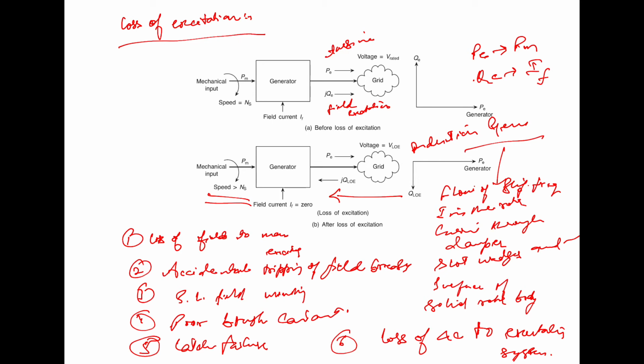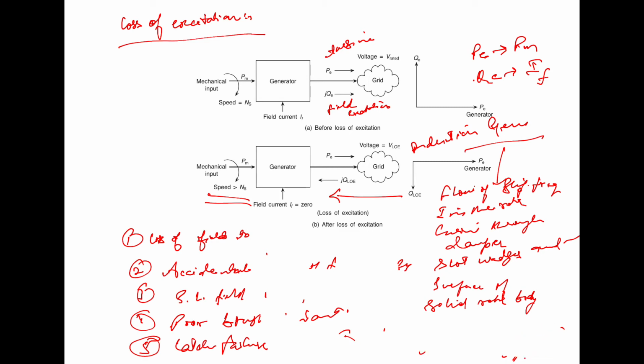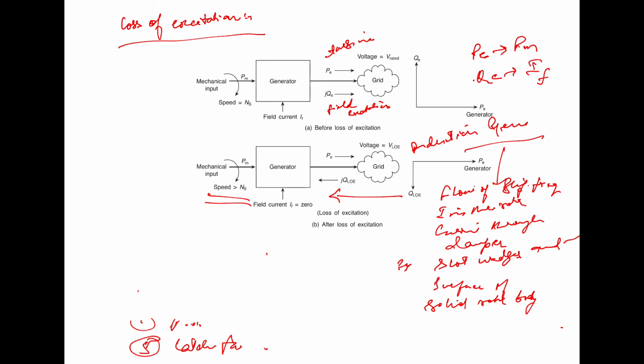Now there are two possibilities that arise out of that. What are these two possibilities? We can discuss that. So it starts running as an induction generator, and there are two possibilities. Either this grid